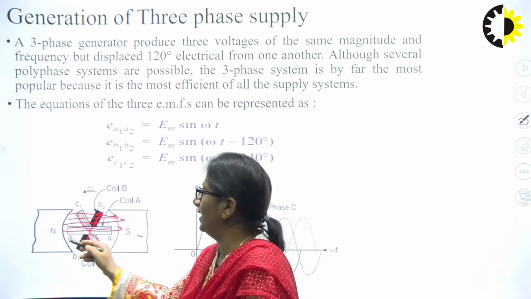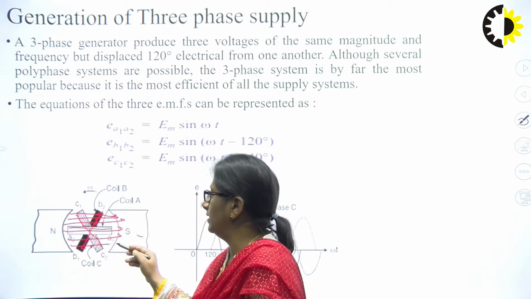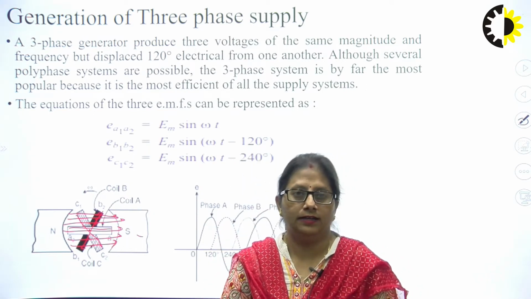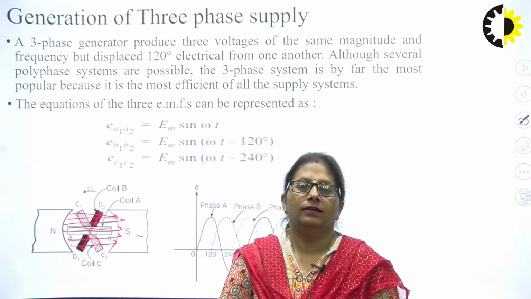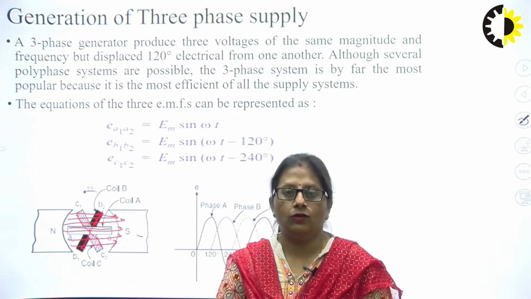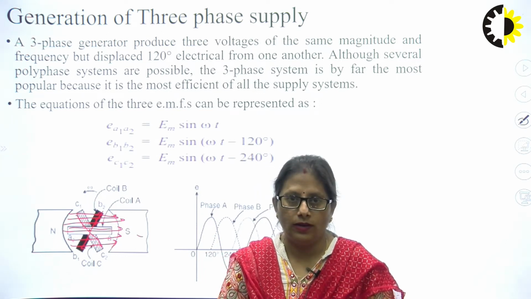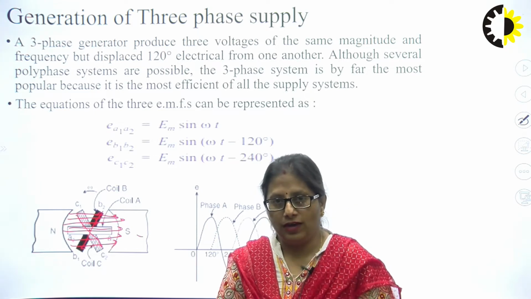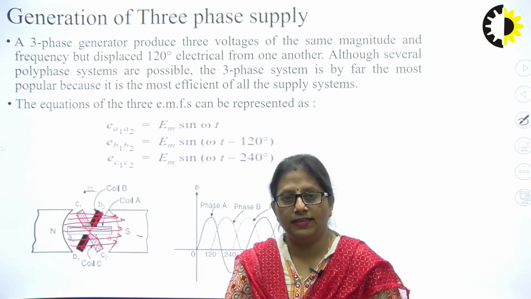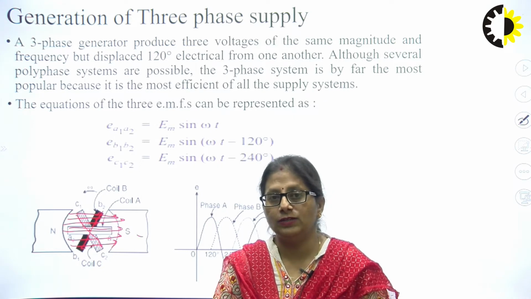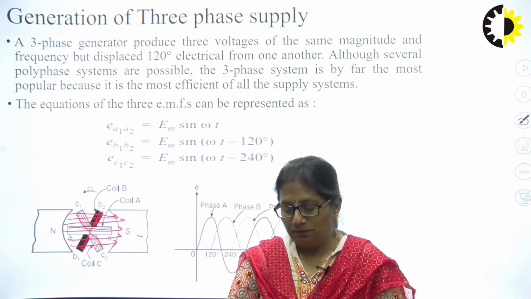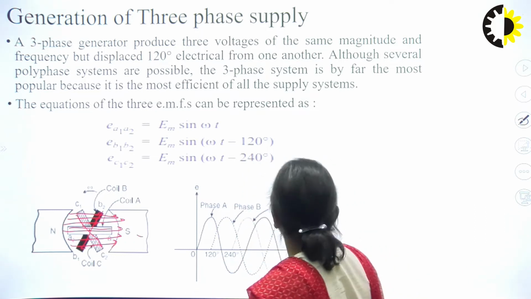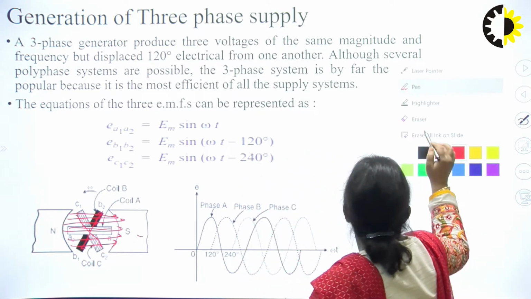When I make the three coils rotate, according to Faraday's law of electromagnetic induction, there will be flux cut experienced by the coils, and an induced EMF in the coil given by minus N d phi by dt. The expression we derived in the case of single phase, the same expressions we get in three phase. But here we have three coils. So just imagine that